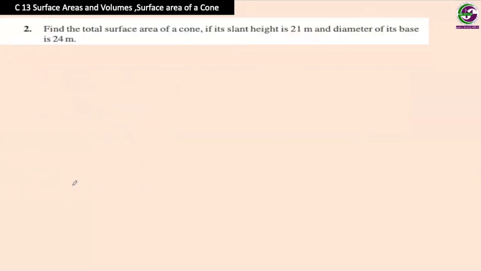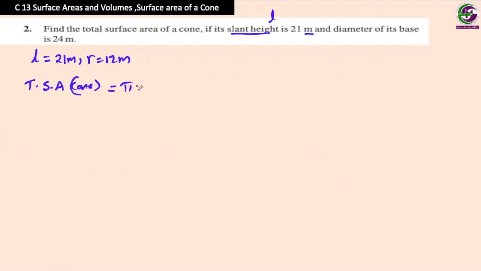Let's see the next question. Find the total surface area of a cone if its slant height is given to us in meters, and the diameter of the base is 24. So we have slant height is 21 meter, diameter is 24, so radius is 12 meter. Simple, we just have to apply the rule for total surface area of the cone, which is pi r (r plus L),